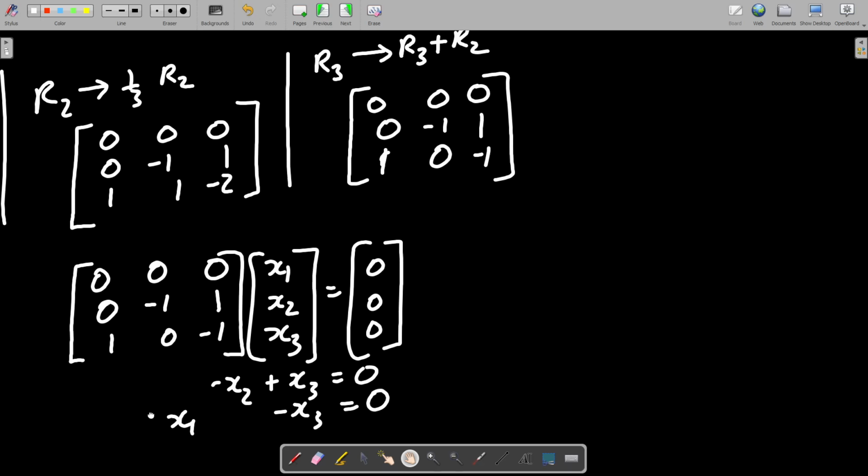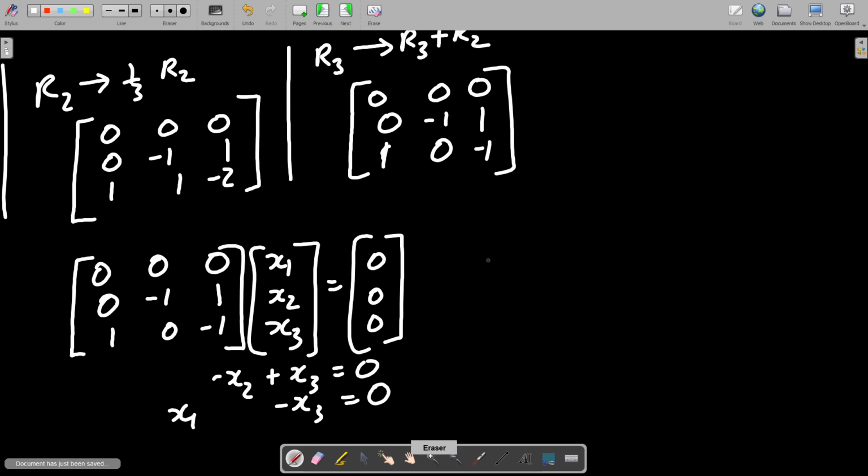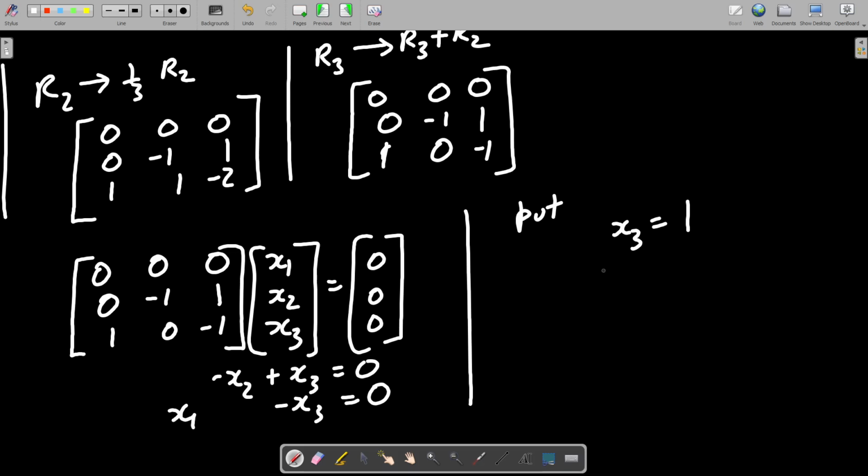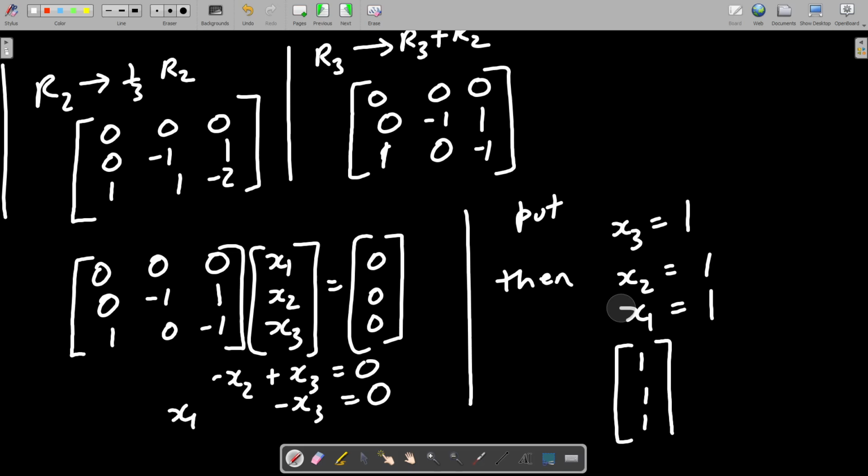Okay, write this way. So I'll write here, put x3 is equal to something, x3 is the extra variable, so we'll put x3 as 1. So then observe that x2 will also come equal to 1. Substitute over here, take x2 on the other side, so x2 is equal to 1. Here x1 minus 1 is equal to 0, so take 1 on the other side. x1 is equal to 1. So the vector is 1 1 1.